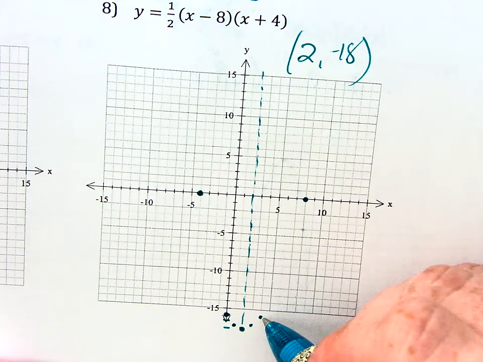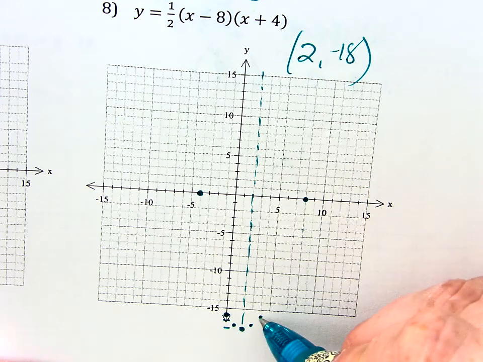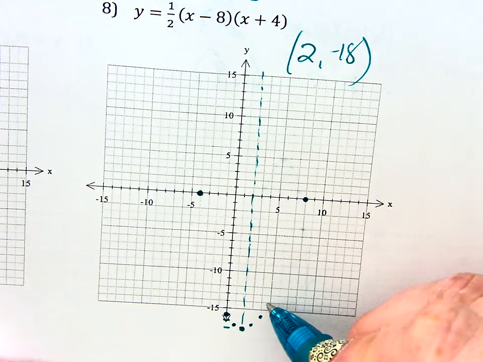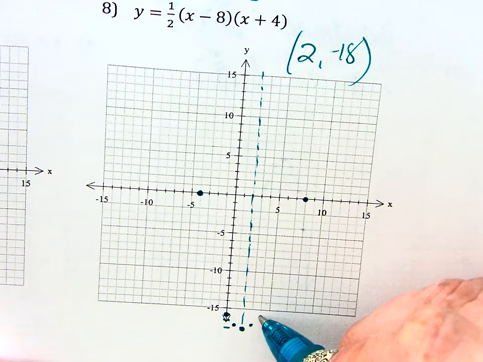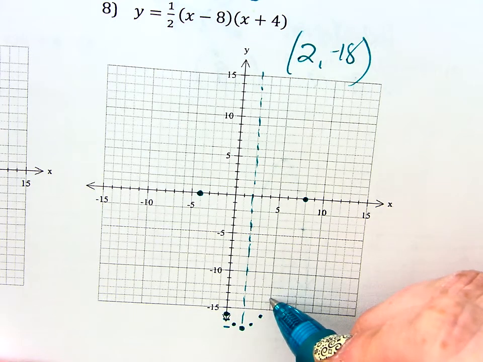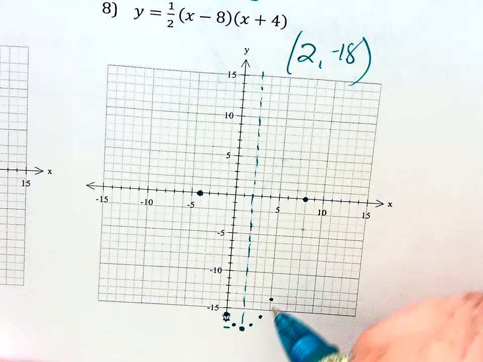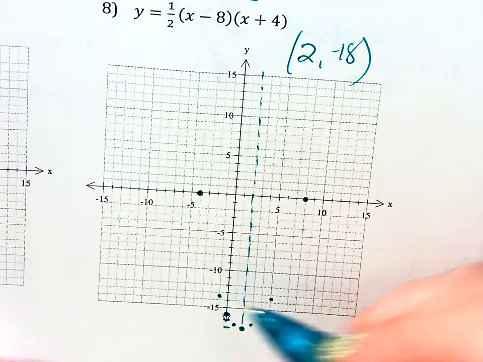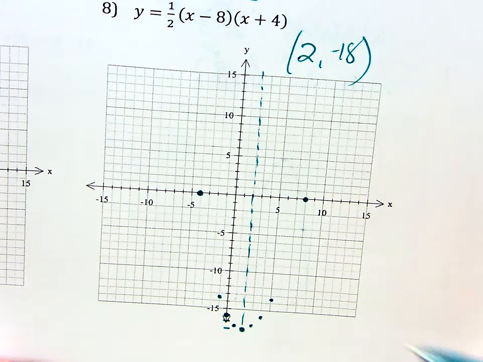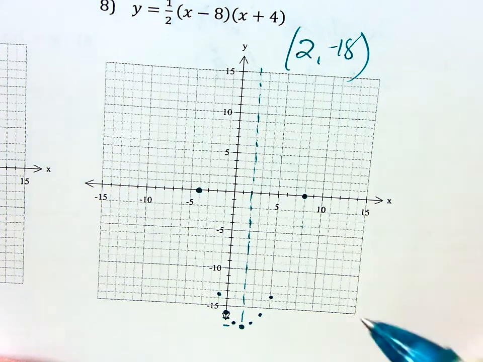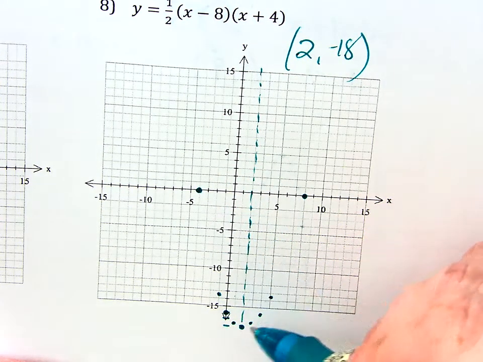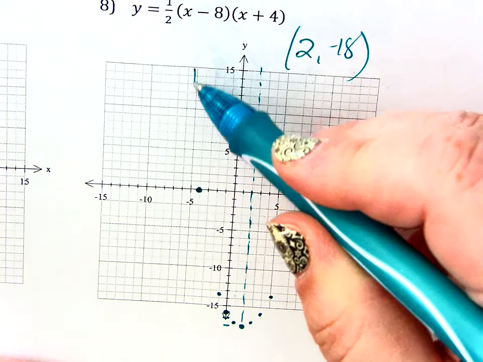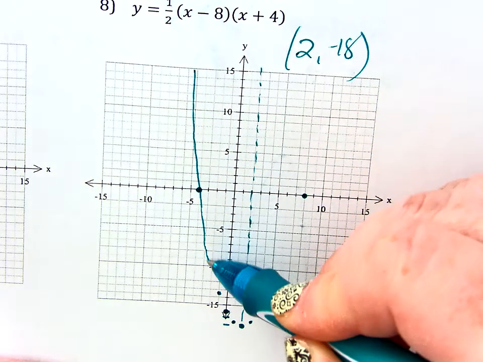And then I would do 5 times a half, so up 2 1/2. 1, 2 1/2. Oh wait, 1, 2 1/2 over 1. And mirror that over. I don't like doing the pattern. Yeah, you don't have to do the pattern. But as you can see, it's kind of lining up very nicely. So when I go to connect all this,